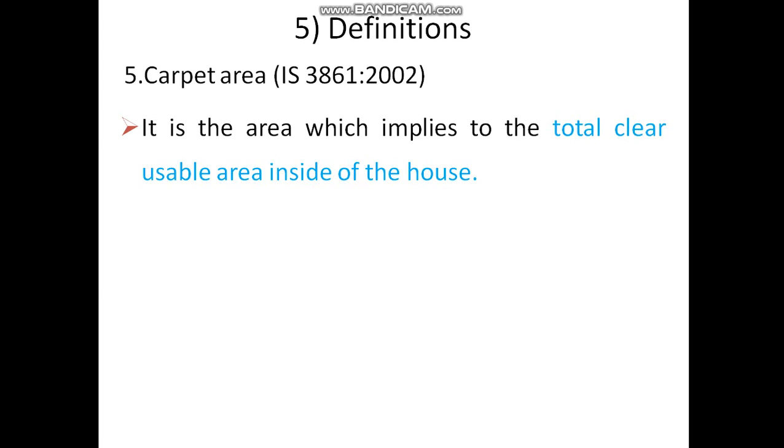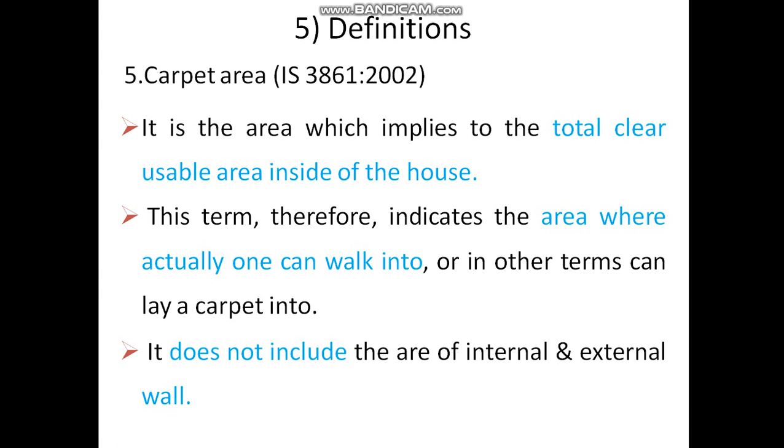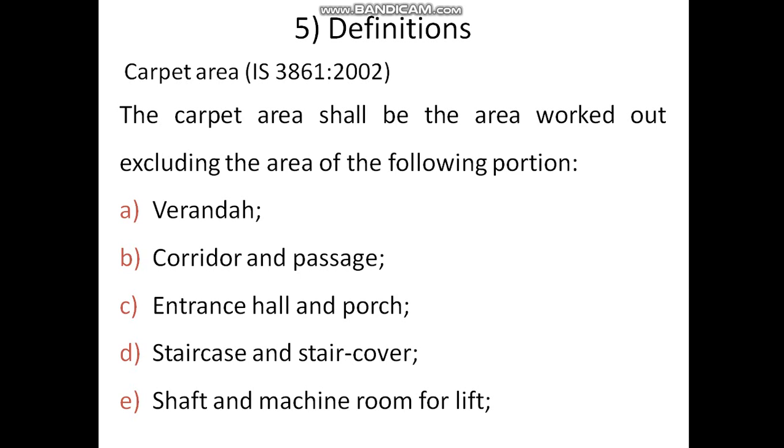Then next is carpet area. It is the area which applies to the total clear usable area inside the house. In simple words we can say that the area where we can lay carpet is called carpet area. The area where actually one can walk is also called carpet area. It does not include the area of internal and external wall. While calculating carpet area,